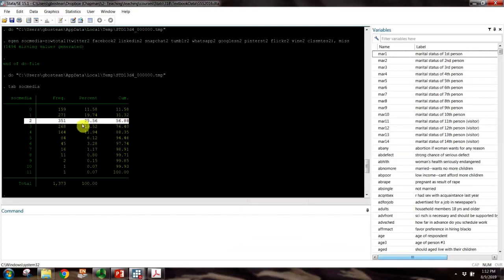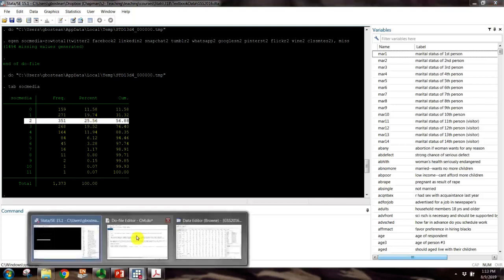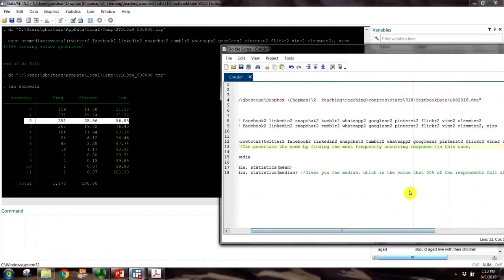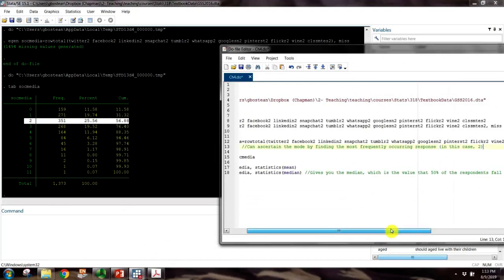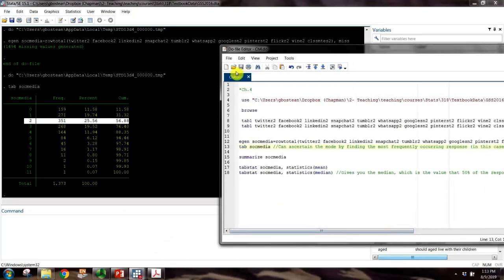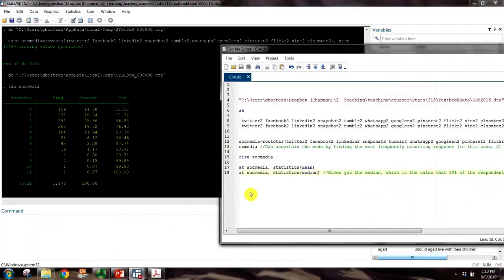It was 2. 25% of respondents reported 2, and there's no other percentage greater than that. So that is the modal response. All right, see, I'm a compulsive saver. I can't help myself. So let's move on to the last couple of